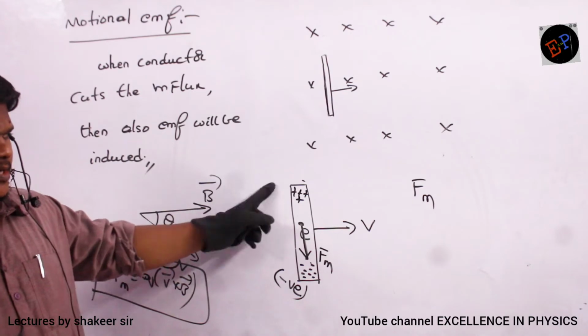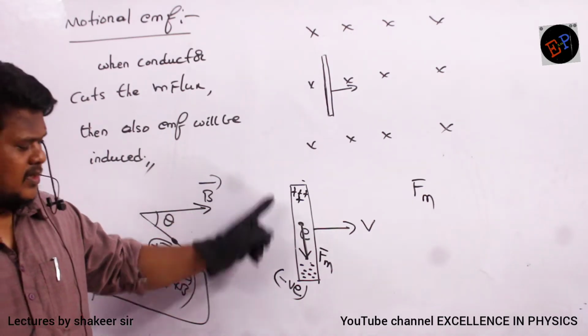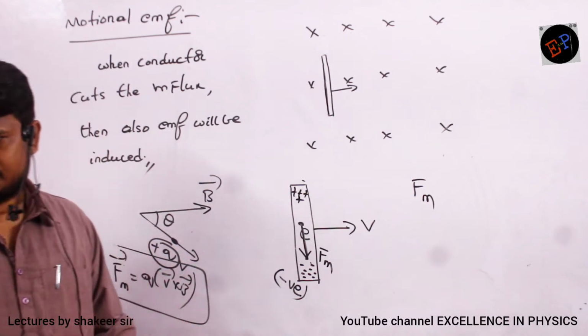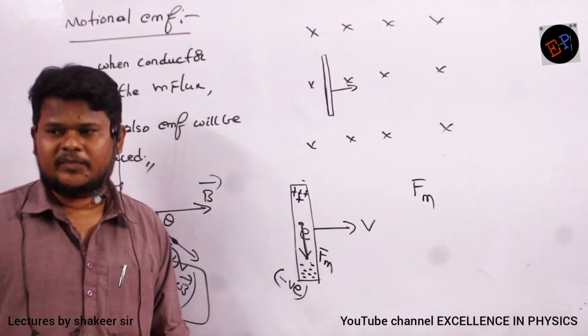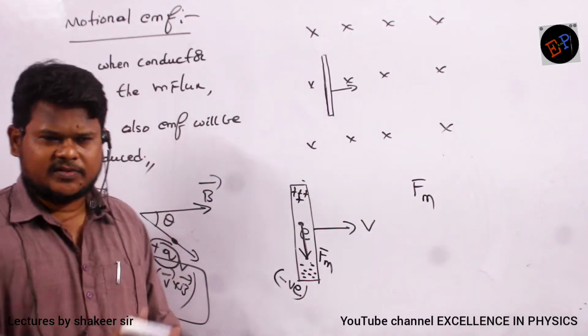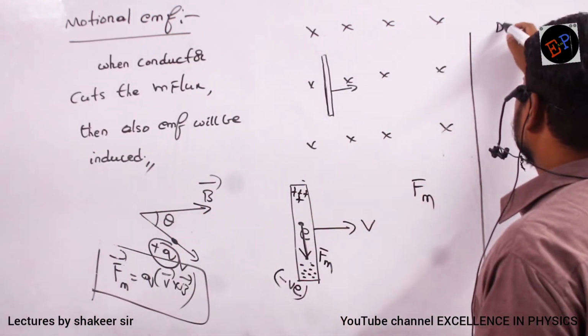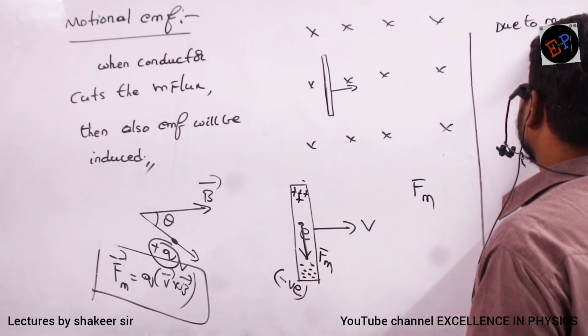So positive charges are at higher potential, negative charges are at lower potential. So a potential difference has developed. That is the method of developing EMF. Very simple concept. So therefore what happens? Due to magnetic Lorentz force,